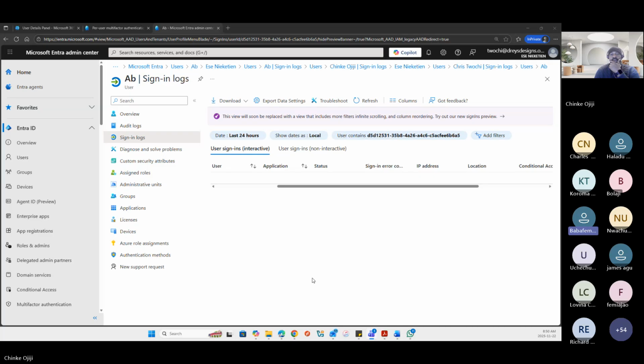I don't know if it's because I'm using the free M365 as our main platform. I don't know if that is the reason. And also on the self-service password reset platform, I'm unable to locate the SSPR group under identity as well.